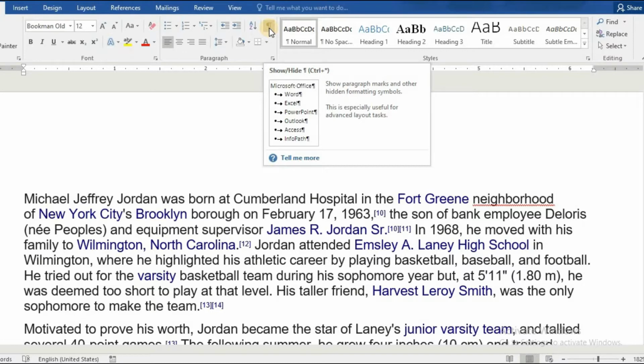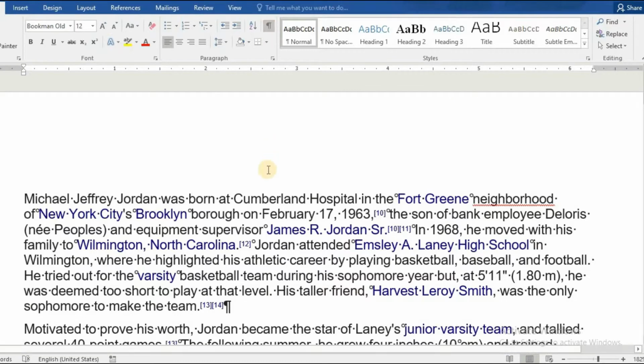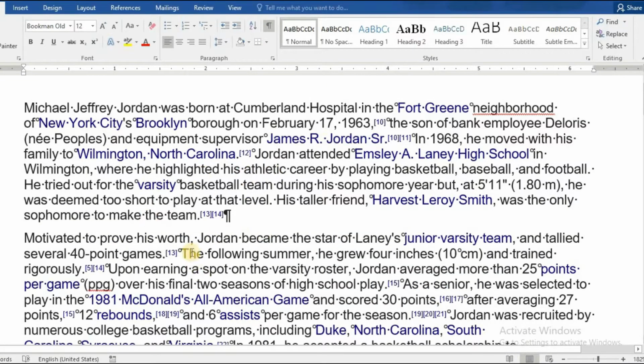Clicking on this icon will show you all paragraph marks and other hidden formatting symbols. When we go through this text, we come to know there are no additional hard returns in between the lines, but we have got extra white spaces, hyperlinks, citations that we need to quickly get rid of.